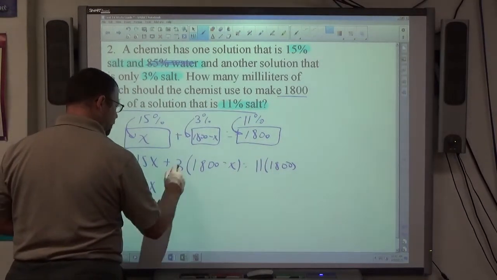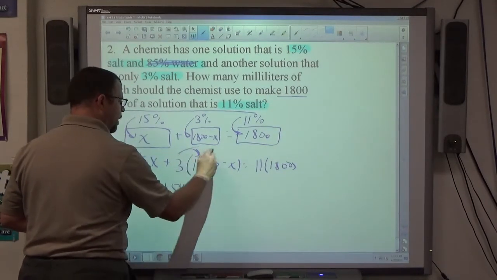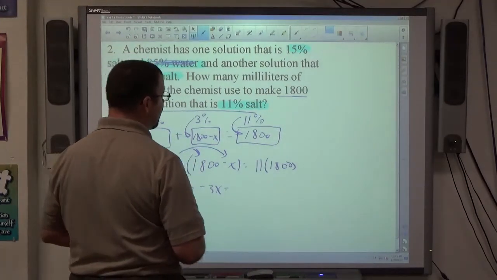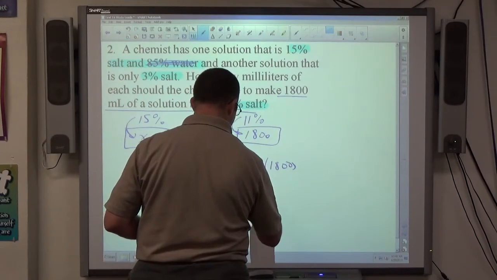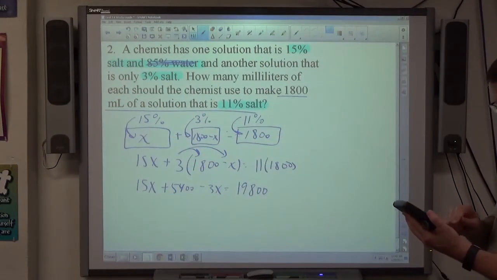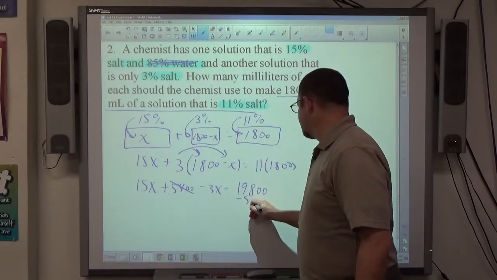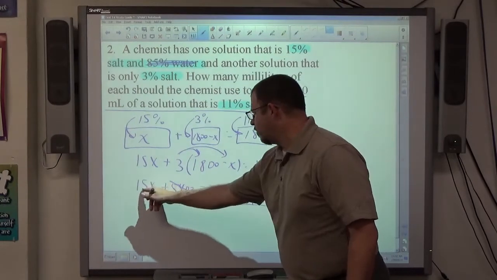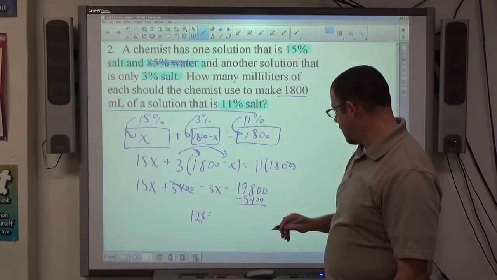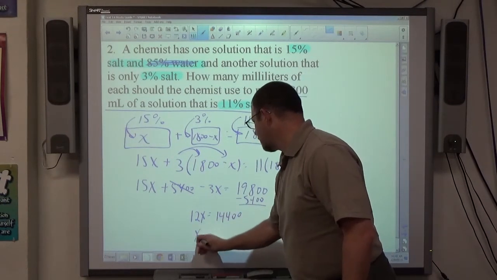15x is fine. 3 times 1,800 is 5,400. 3 times minus x is minus 3x. And 11 times 1,800 is 19,800. Let me verify that on the calculator. And that is correct. So, move the 5400 to the other side. We end up with 15x minus 3x is 12x. 19,800 minus 5,400 is 14,400. Divide both sides by 12, we get